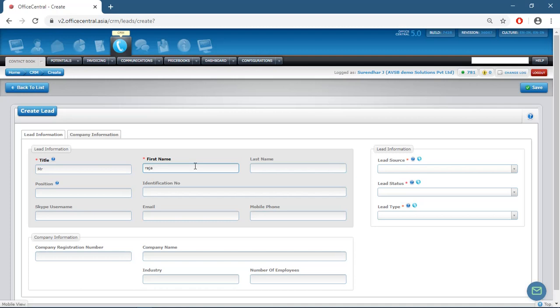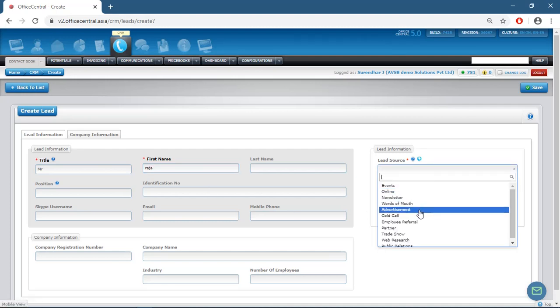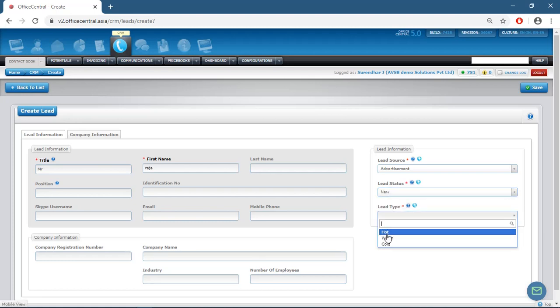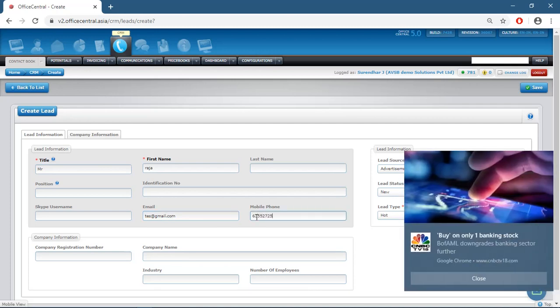For example, now I am adding the lead Raja. It's a source from advertisement, and it's a new lead. You can get leads from various platforms, not only advertisement, also word of mouth, anything. And put some email ID, so test@gmail.com, and give the contact number of the person,